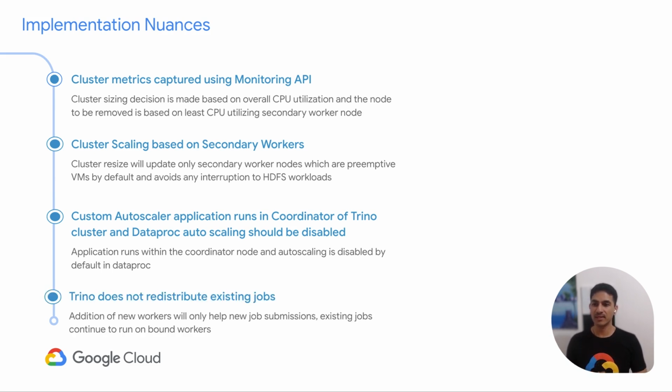One key thing to keep in mind is, if a new worker is added to a cluster, Trino only assigns new jobs to that worker. Existing jobs are not redistributed to increase throughput. Now, this is something which is configurable, but we haven't done any benchmarking about redistributing jobs because it's a very complex issue to handle. So bear in mind that in the current solution, we do not take into consideration that existing jobs which may already be running on the cluster will not get reallocated or resharded to be sent to